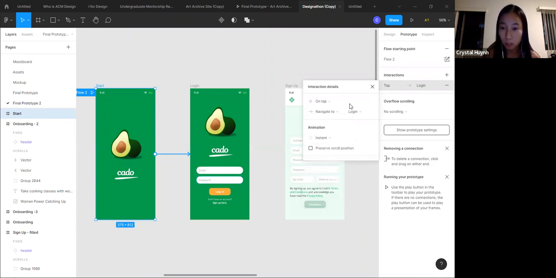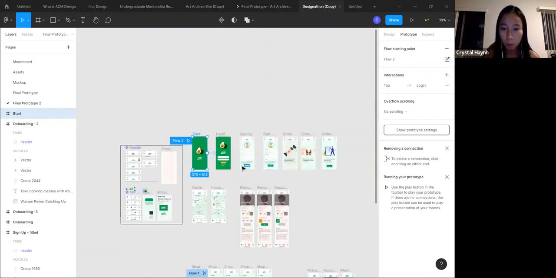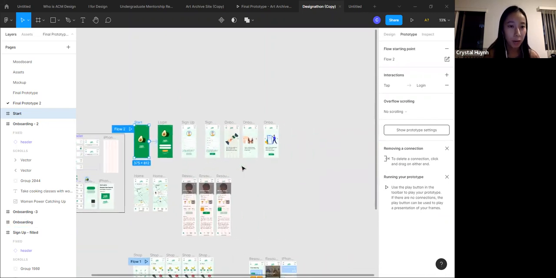So this one, I'll just keep it at instant here. And that's pretty much how to create a basic connection: just click and drag and then set a bunch of features. Another practice that I want everyone to get into the habit of